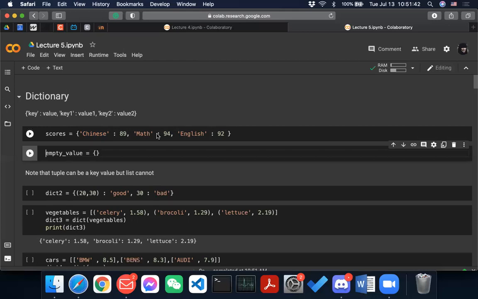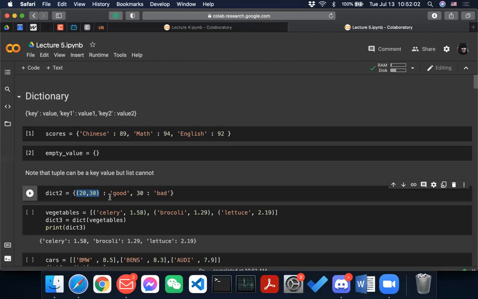Note that a tuple can be a key, but a list cannot. So for example, if you do (20, 30) colon good, and 30 colon bad, then it is valid.